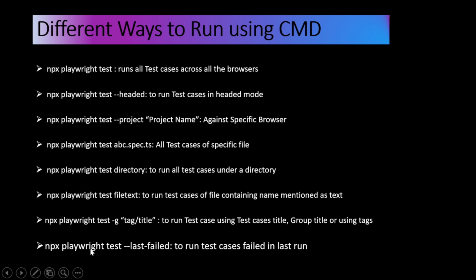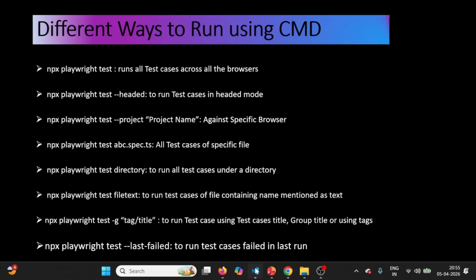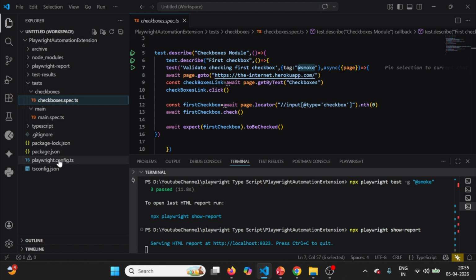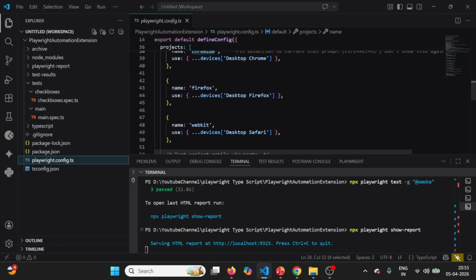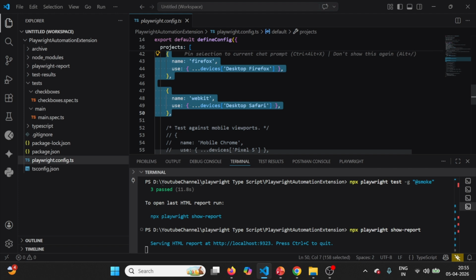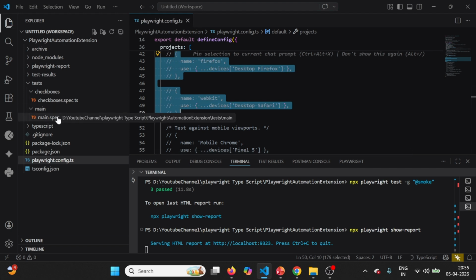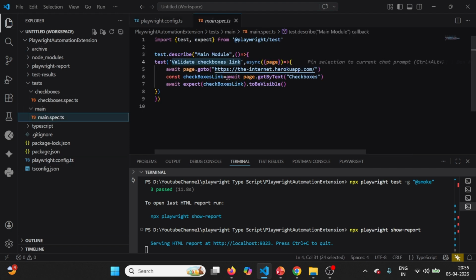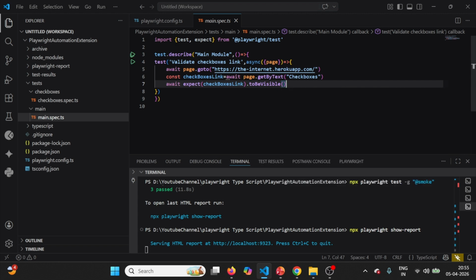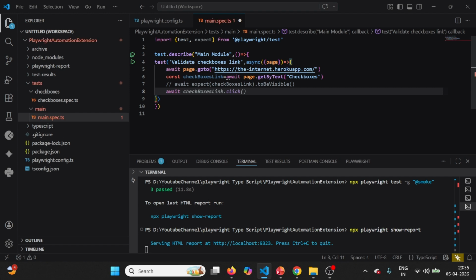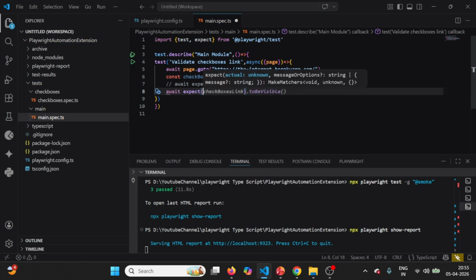Talking about this particular option, where if the last execution has some failure, we would be able to rerun those test cases. For that purpose, first of all, I'll make a modification in playwright.config.ts so that we will have only one project, that is Chromium. Now let us say in this particular section, we make some changes. I'm commenting this particular line and await expect,